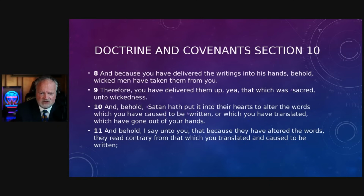And that would be simple to show it was a fake. So pretty much any way you look at this idea, it doesn't add up. It wouldn't make sense that people could take the 116 pages, which had been taken and stolen, alter the words, bring it forward at a later date to compare it with the Book of Mormon and say, ha, it doesn't match up. You're not a true prophet. Okay, doesn't work. But once again, notice, and we'll see it here as well in section 10, that Joseph Smith